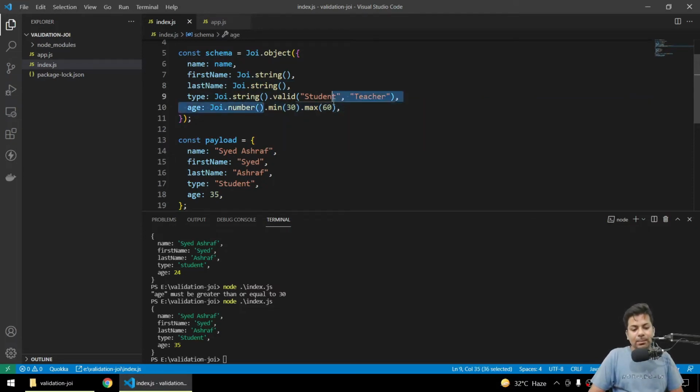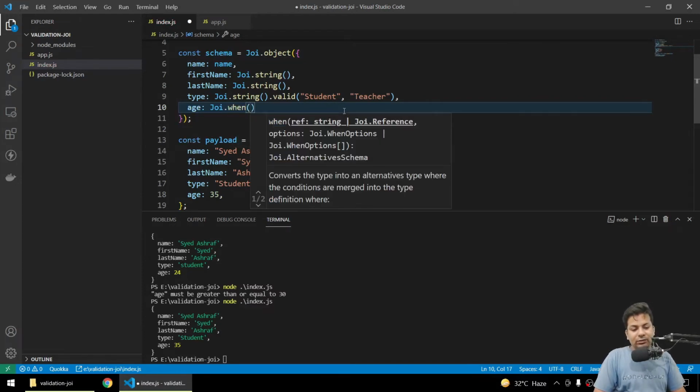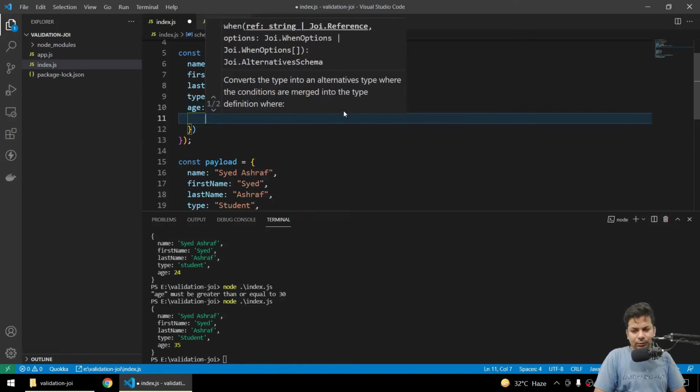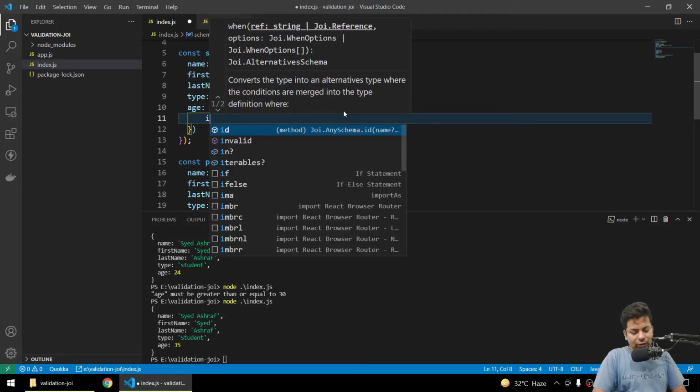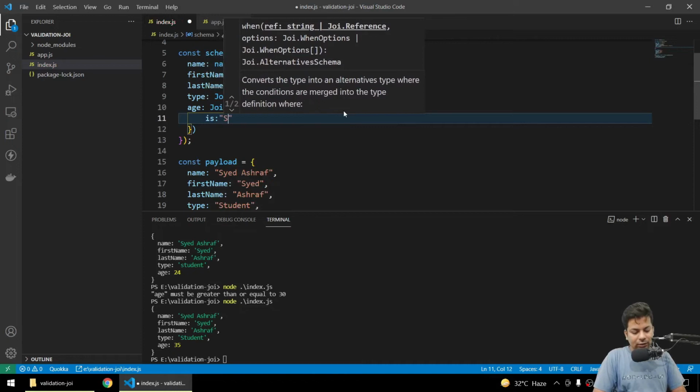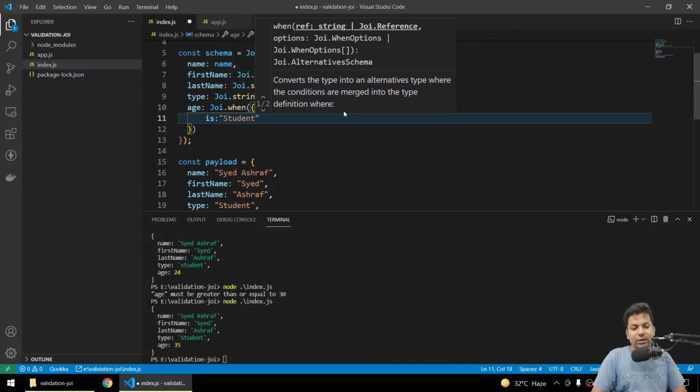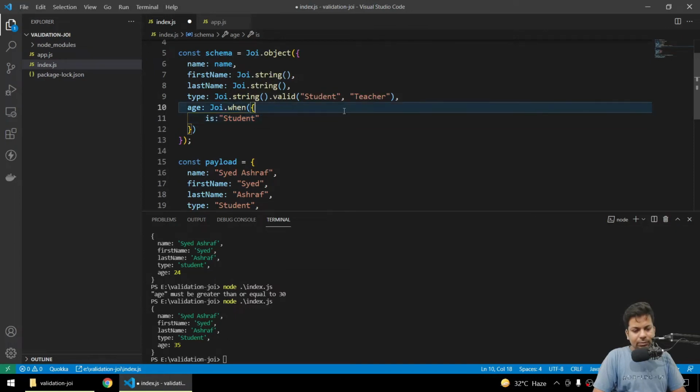We'll say Joi dot number, and here we'll say Joi dot when. When means when it is student, when we are getting student, but where are we getting student? In the type.